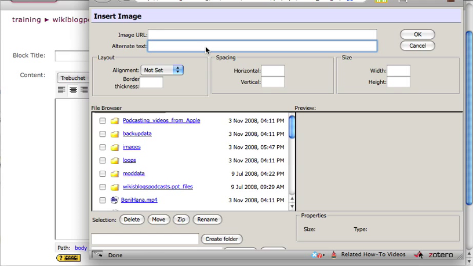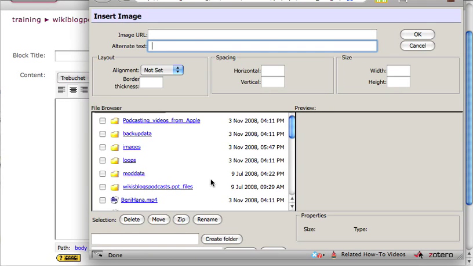The alternate text for the image is something that you'll have to enter. This will display if for any reason the image doesn't display. For example, if you accidentally delete the image from your files area, you'll have this alternate text appear instead. If you don't want any alternate text to appear if the image isn't there, you can trick this field into believing it's filled in by simply using a spacebar. The layout, spacing, and size we can all play with once we have a file in place,